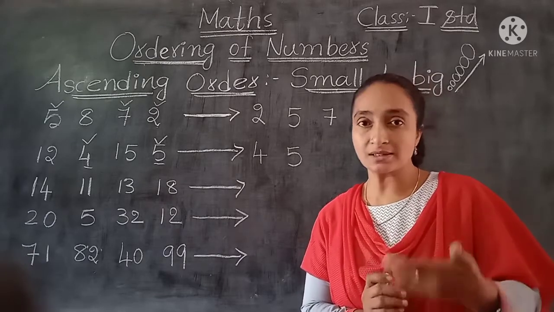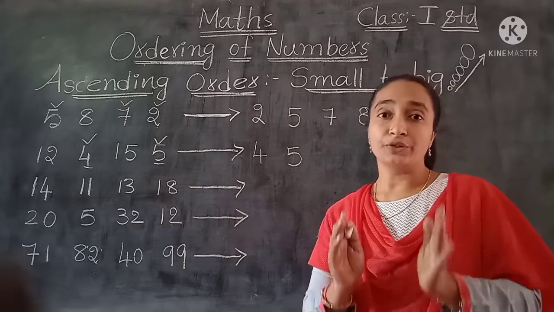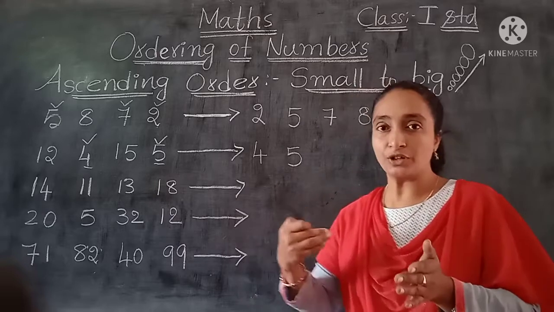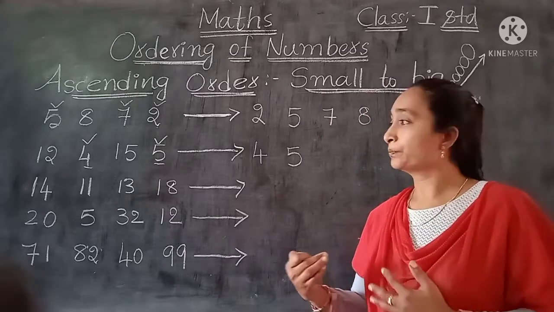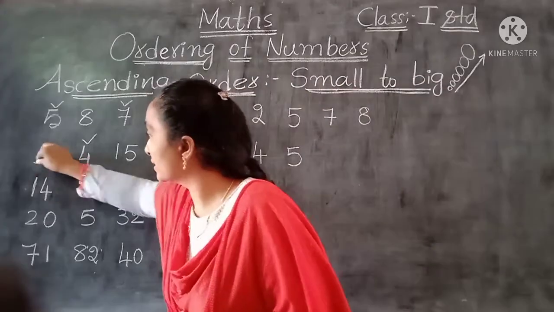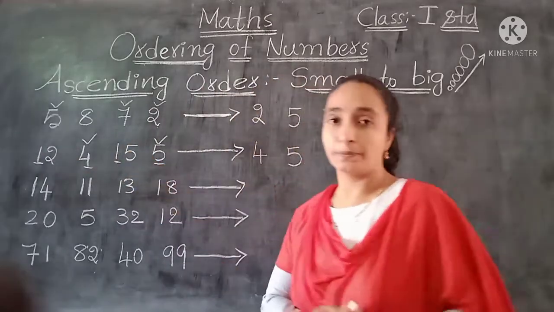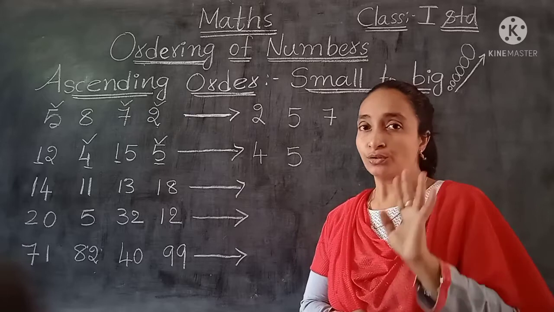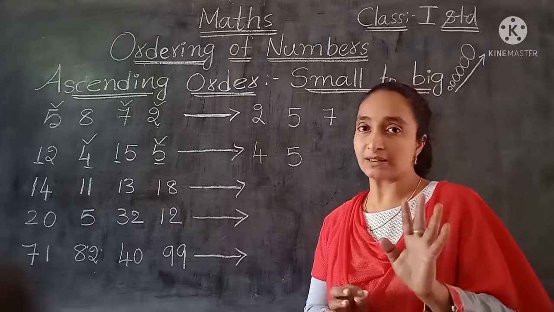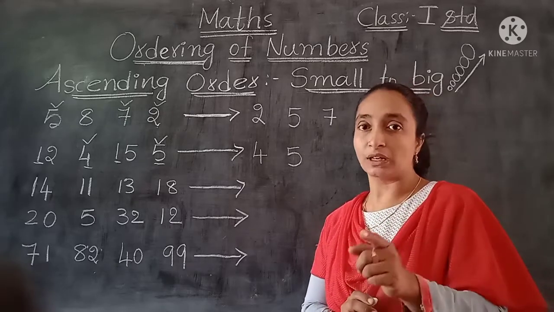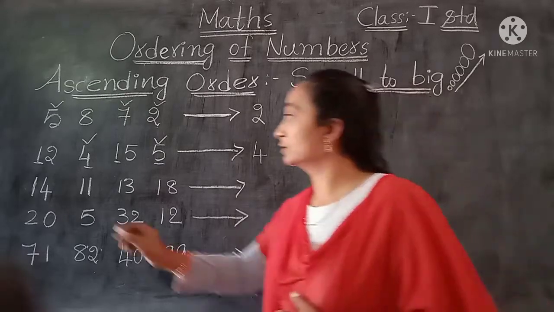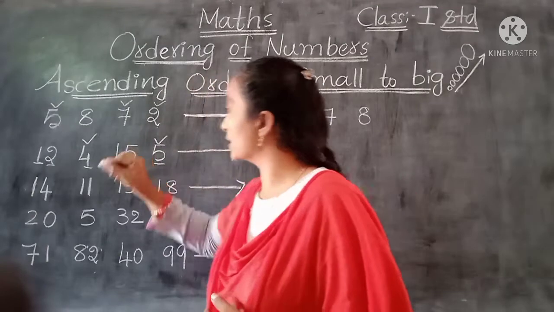And now the next step is, we have to check the tens place. So first of all we have to check the tens place. Okay. Now in the tens place, here 1 ten is there, here 1 ten is there. So both the tens places are the same, 1 ten, 1 ten. So no need to get confused. So tens places are the same. Now coming to the ones place, we have to check now again. Now what is the ones place here? 2 ones, 5 ones.